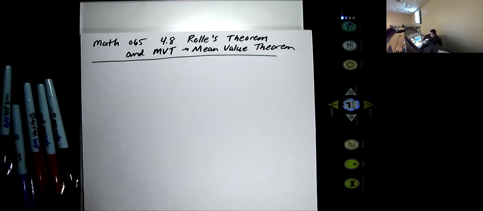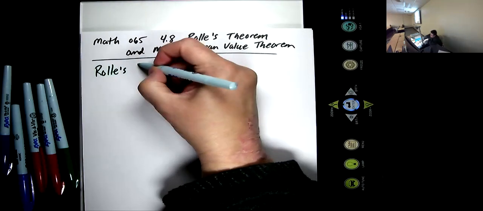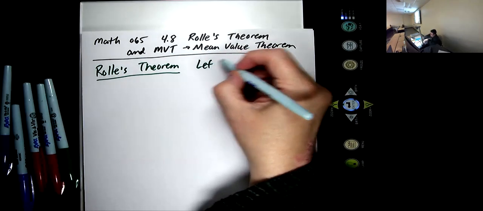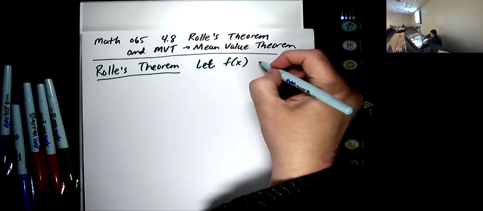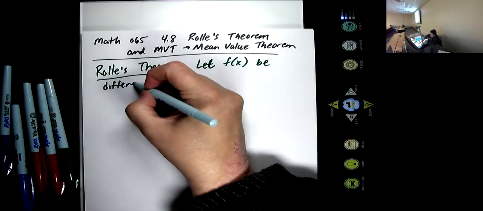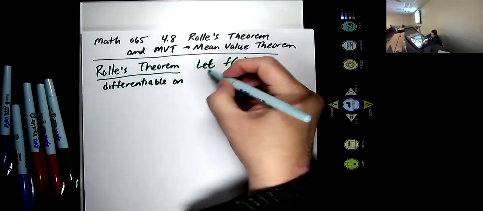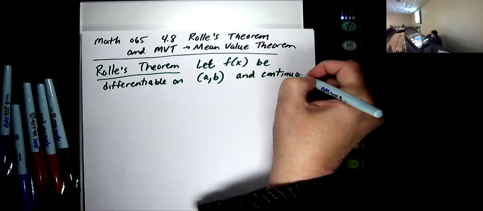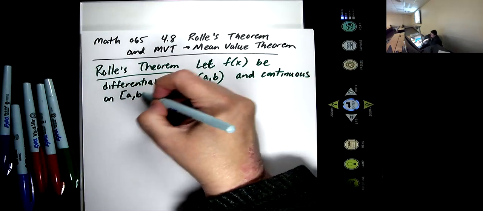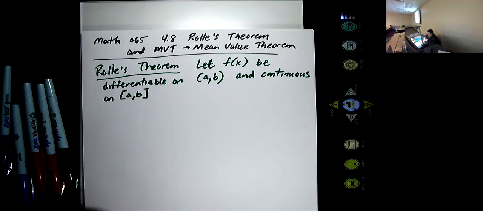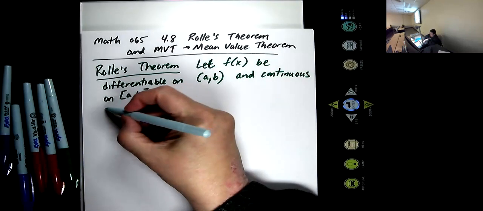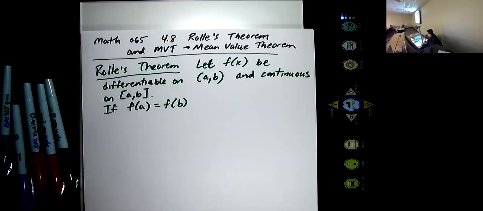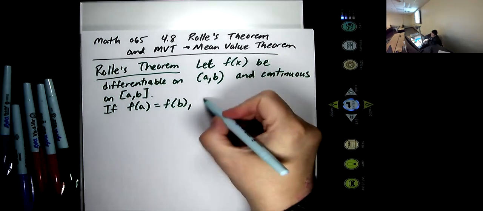So let's just say what Rolle's theorem is. Just get straight to the punch. We'll draw a picture for it in a second. Let f of x be differentiable on some open interval (a, b) and continuous on the closed interval, so endpoints are included. If f of a equals f of b, then there exists